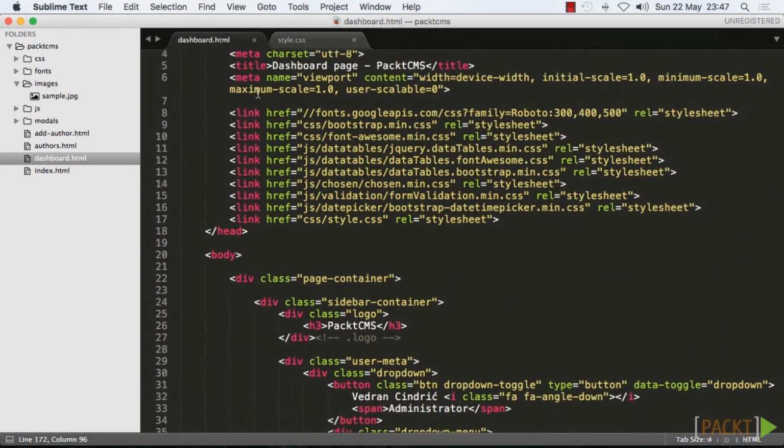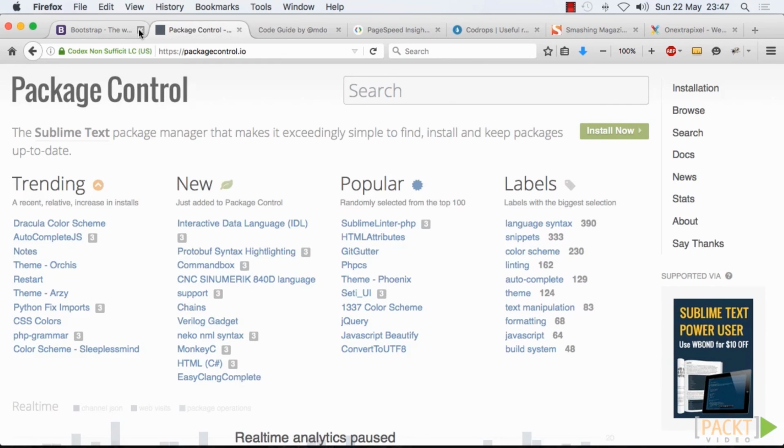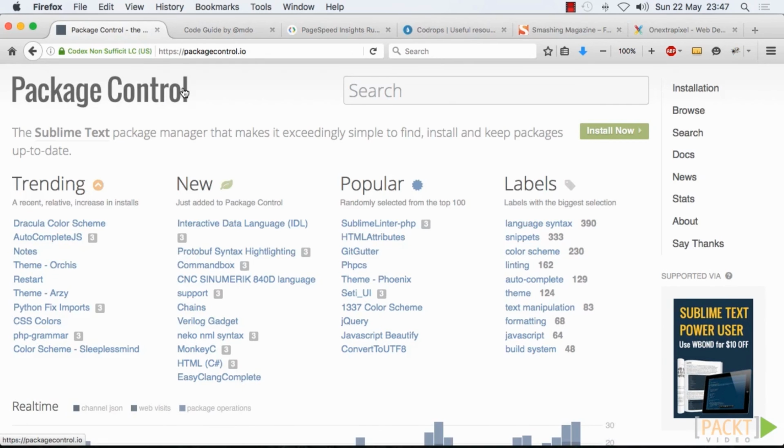It's really good, it's really fast, flexible, and has a lot of options out of the box. Plus, you have this great community over at packagecontrol.io, which is basically the central repository for all Sublime extensions. And you can get whatever you want here, and it will probably make you code more efficiently and faster, including